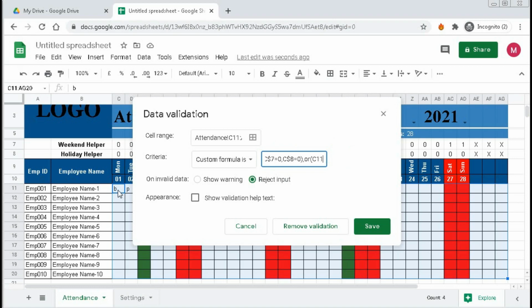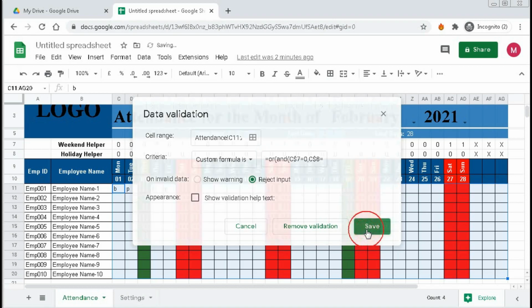So C11 equal to P, comma, C11 equal to A for absent, comma, C11 equal to AL, comma, C11 equal to SL, then bracket close for OR, bracket close for AND, then click on save.